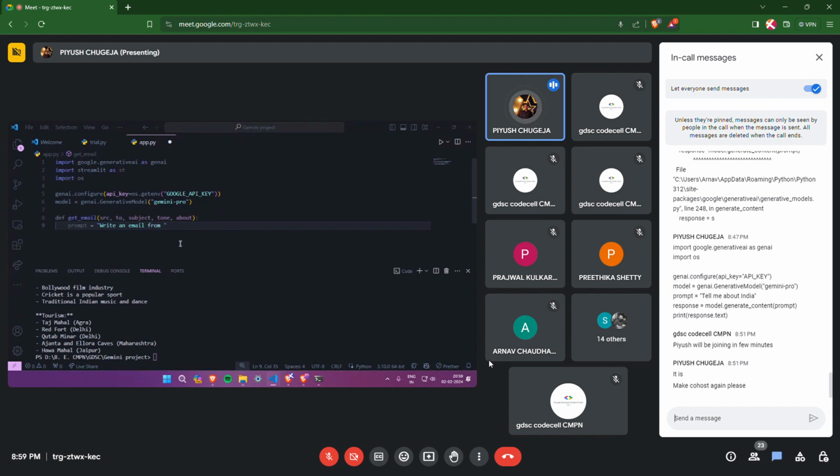Yeah. Let's type this. Write an email from. Now we need to include src here, right? So you can use n number of formatting options. I'll be using this formatting option where I keep empty braces, and later on I'll just type in these variables so that वो insert हो जाए. Another step what you can do is you can do it like this. ऐसे करके src लिख सकते हो, फिर आगे जाके वापस continue कर सकते हो. This will also work. I will be using this. Whoever wishes to follow me can do so. Write an email from src to this to.